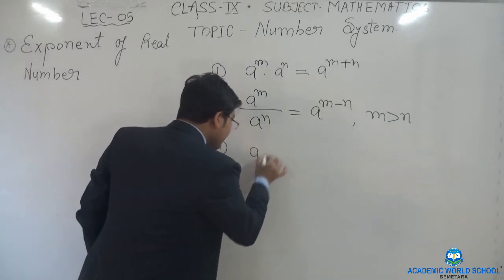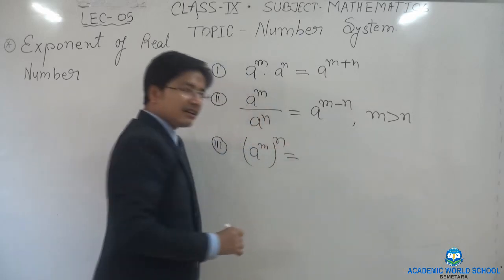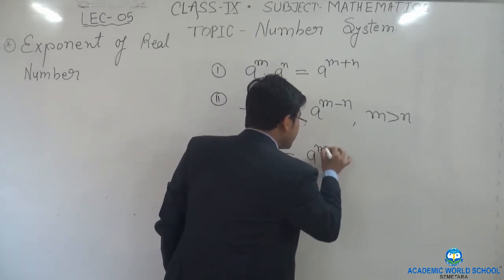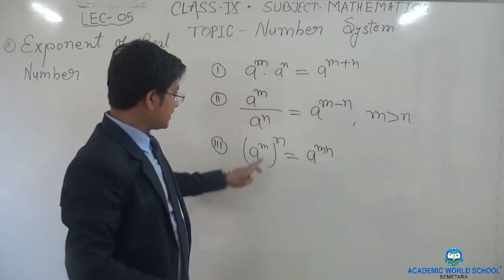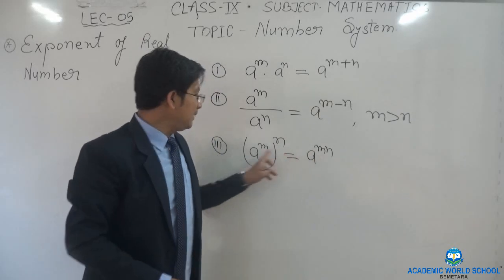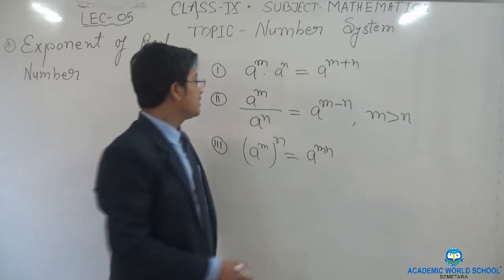Now if I am writing a to the power m and this whole to the power n, it means I have to write a to the power m into n. These powers are going to be multiplied. So it will be a to the power m into n. Okay. So next is,